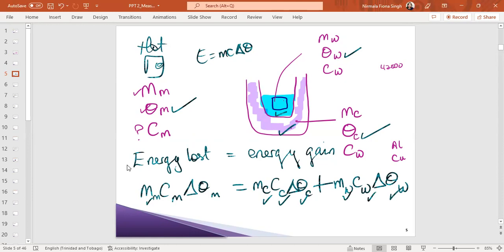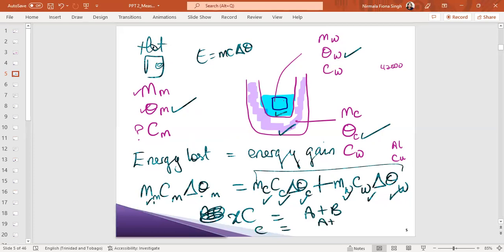If you want to work this out, this is essentially going to be A, okay, X by C is equal to A plus B. That's how easy this is when you boil it down to actually working out numbers, because we know what M is, we know what delta theta is, and we know all of these terms. This MC delta theta is A. MC delta theta here is B. And to get your C, it's just going to be A plus B divided by your two terms,